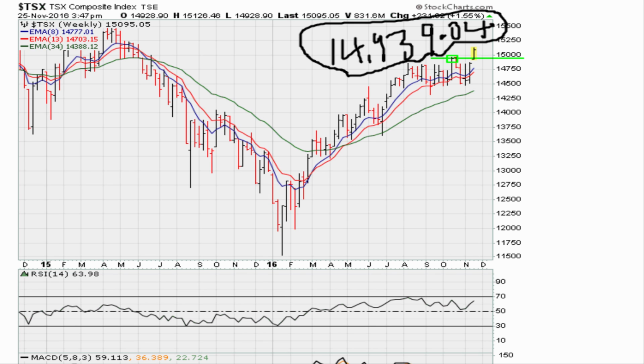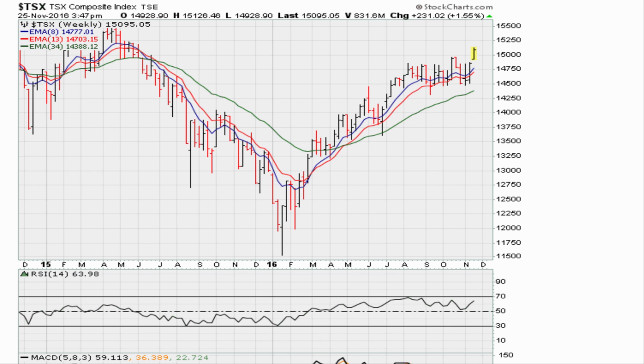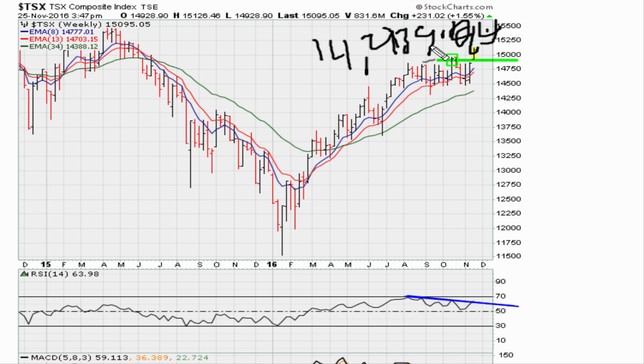Now, one of the problems I see here is potential for negative divergence. If you take this RSI and connect the recent RSI top line, you can see we are coming back to test this line. But as long as it is breaking out on the weekly, there's no need to try and figure out where the high could be. A breakout market could easily break out above a resistance line. So again, above 14,939.04, you have to assume that this market continues to be stable, if not outright with a bullish expectation for